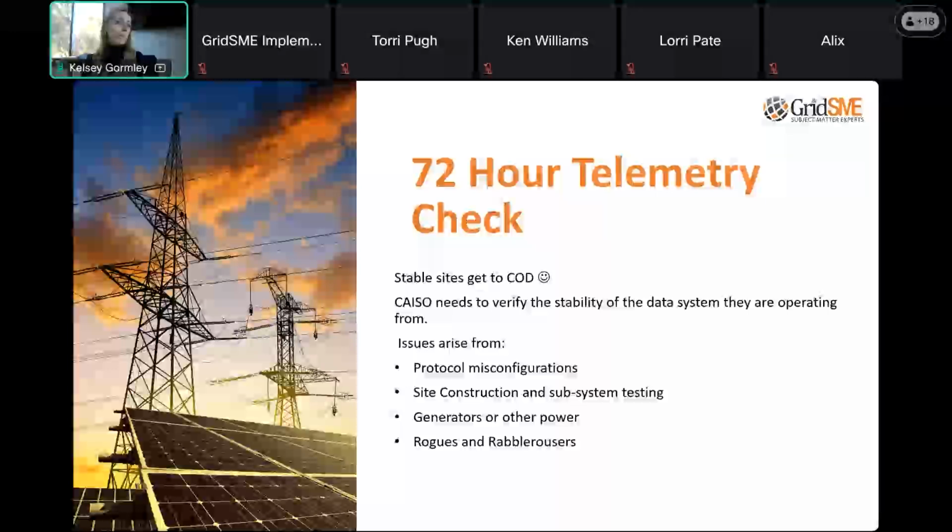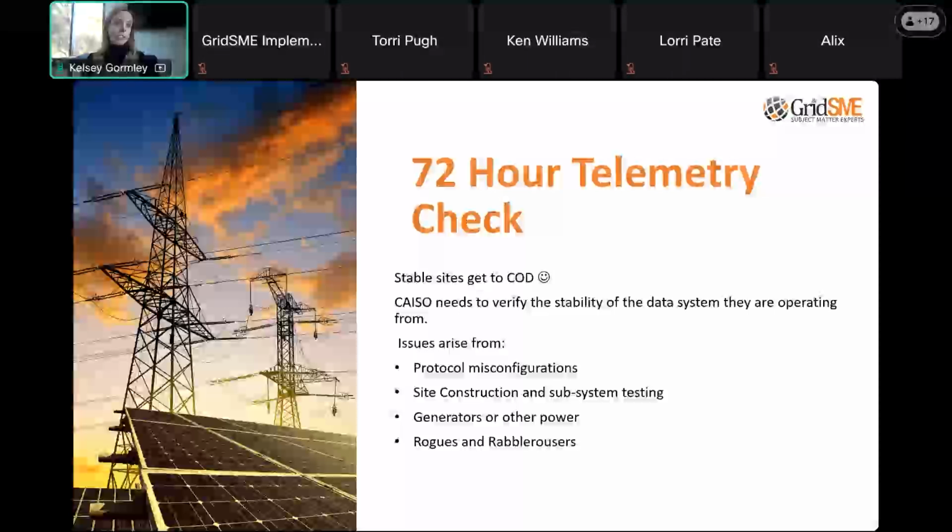We have a lot of sites that we're using, potentially a wireless connection. That is not a best practice, and that's why we always recommend not just a primary IP address, but a backup IP address from a diverse communication path, so that if your primary fails, you can fail over to a backup IP on a different communication path, whether that's fiber, microwave, Starlink, whatever is available to you that has stability and can get your data from the site to CAISO. That's what we would recommend. That site communications is a really, really big one.